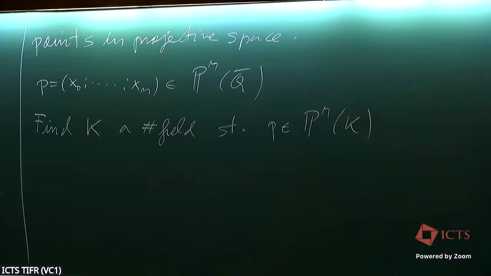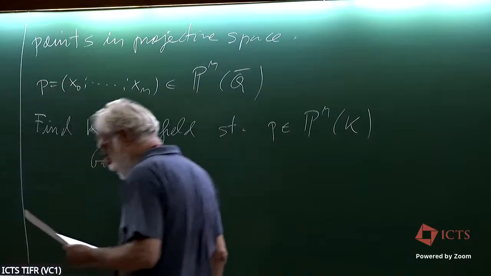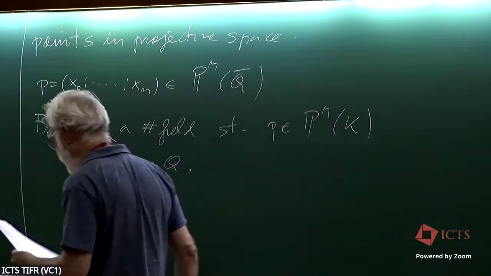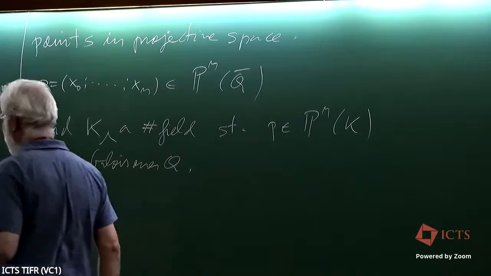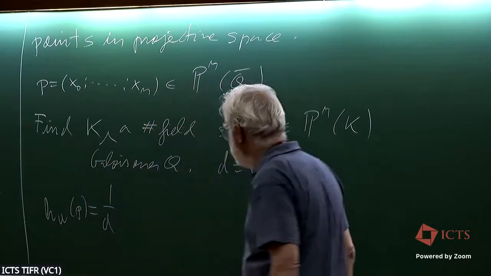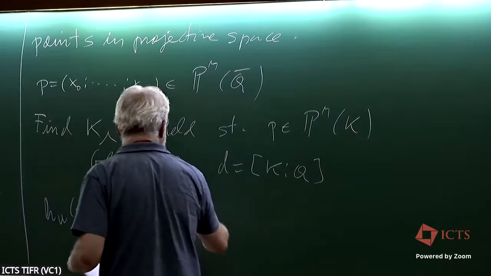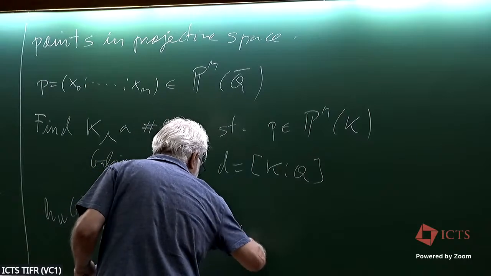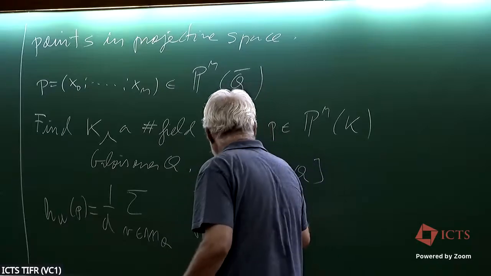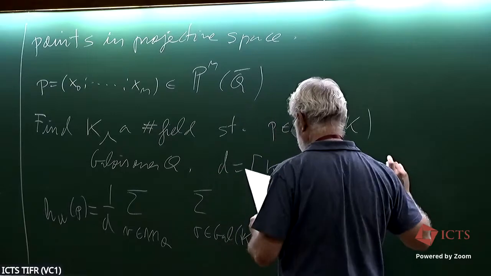So I know that since there is a finite number of coordinates, there will always be a finite extension of Q that contains all of them, and I can, for simplicity, assume that it is a Galois extension, Galois over Q, and then I can define the height of the point P to be equal to 1 over D, where now D is just the degree of the extension, and then I take the sum for all places b of Q, and then the sum for all sigma in the Galois group of K over Q of log of the max of iota_b of sigma of x_i,